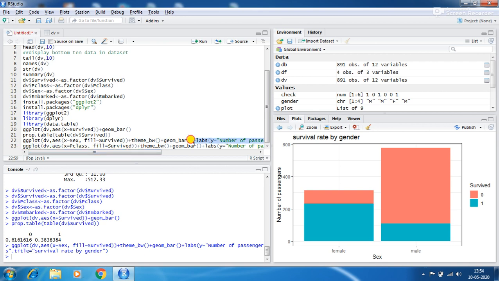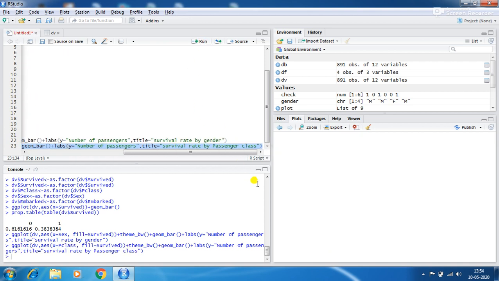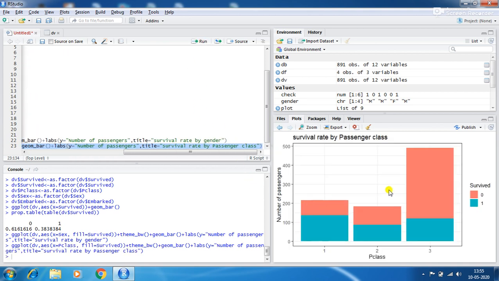Select it and run it. Then this is class 1, 2 and 3, and we see that the first and second class proportionally survived at about 60%. Okay. Then the third class is a 25% rate.